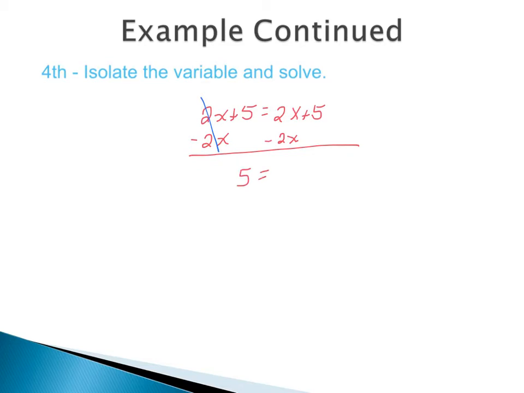On the right-hand side, we moved over the 2x; that was the whole idea. So 2x minus 2x also cancels out, and we're just left with equals 5. This is a unique situation where our x is actually canceled out. When this happens, we need to look at the resulting equation that we have. If the resulting equation is a true statement, then the solution would be all real numbers.